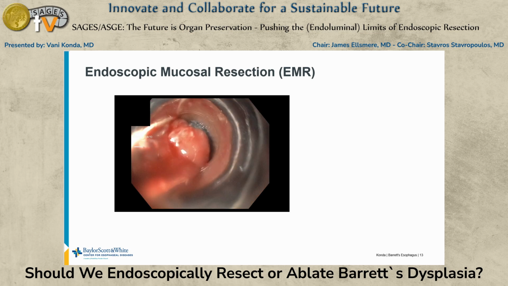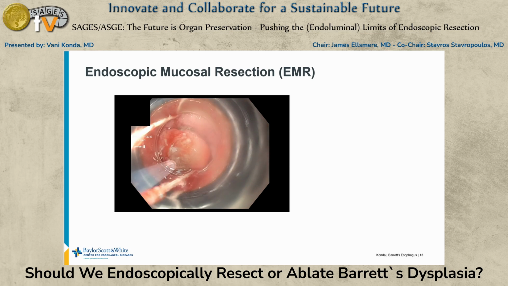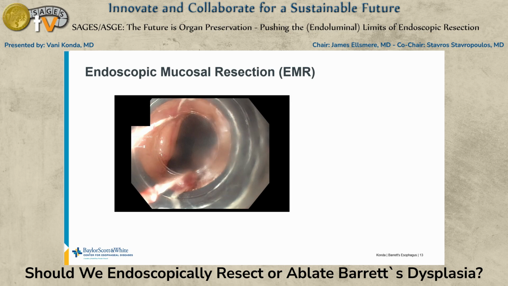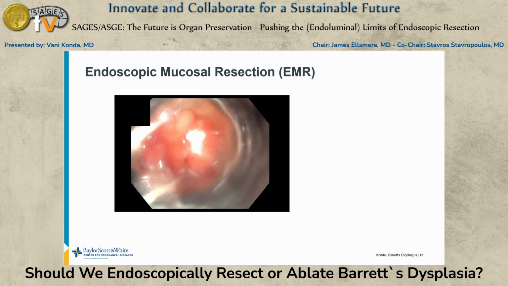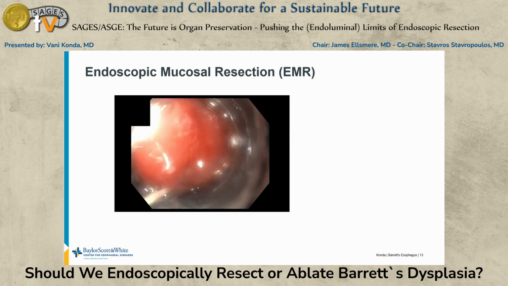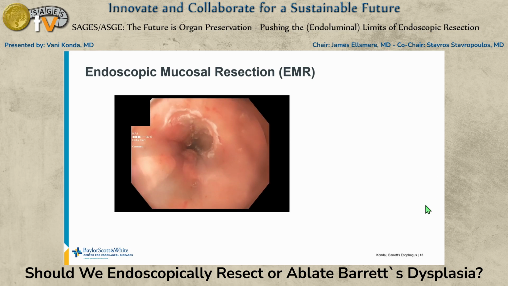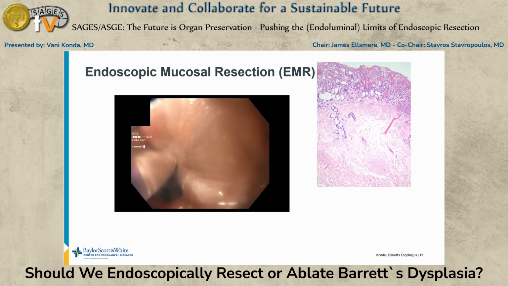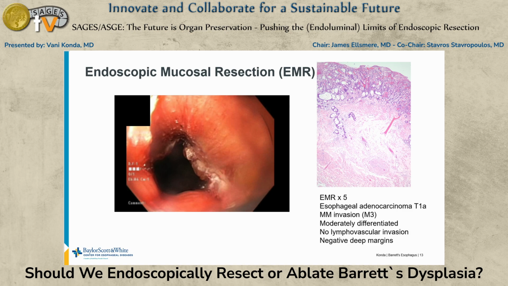With band ligation EMR, we can use suction to draw the mucosa up away from the muscle, deploy a band just similar to variceal band ligation, and then use snare cautery to resect that newly created pseudopolyp. We can also do this subsequently in different areas to do piecemeal resection technique to be able to resect a wider area. This area was resected in a total of 5 pieces and the histologic specimen demonstrated intramucosal carcinoma with